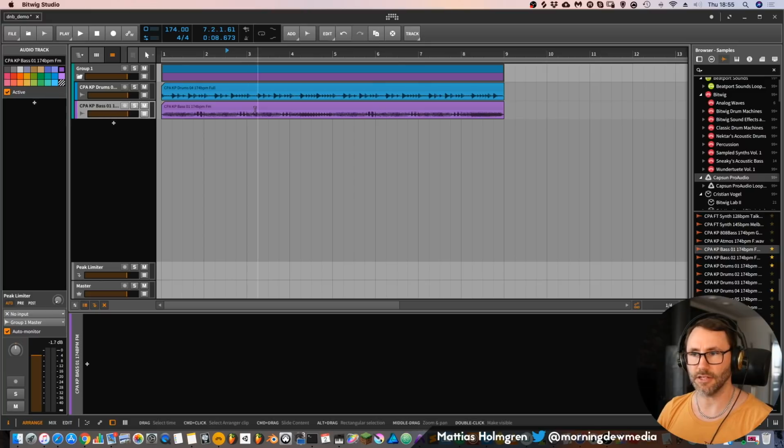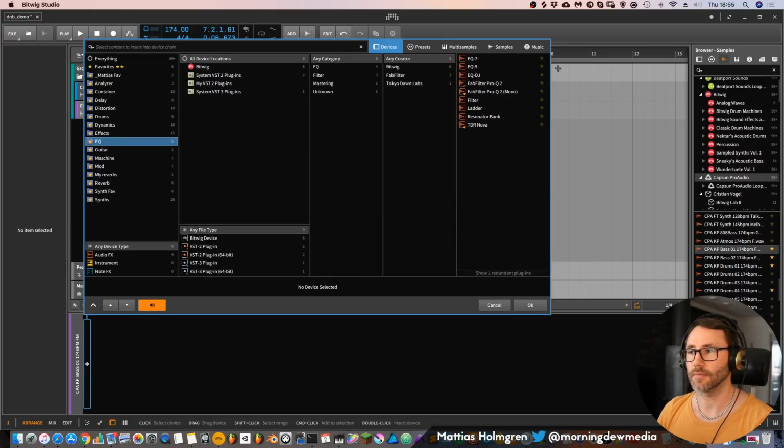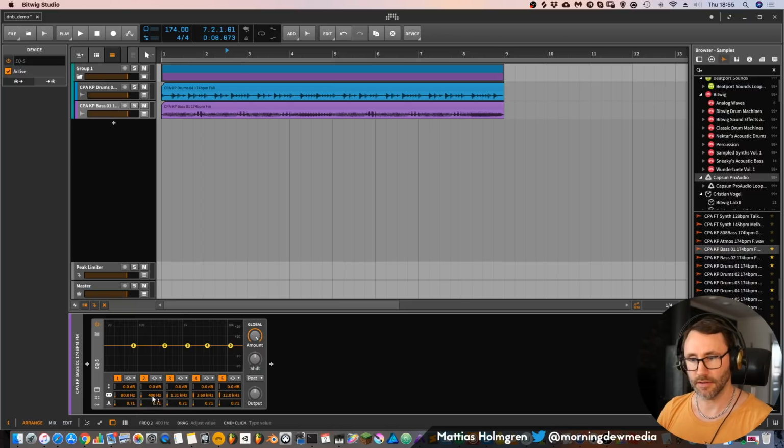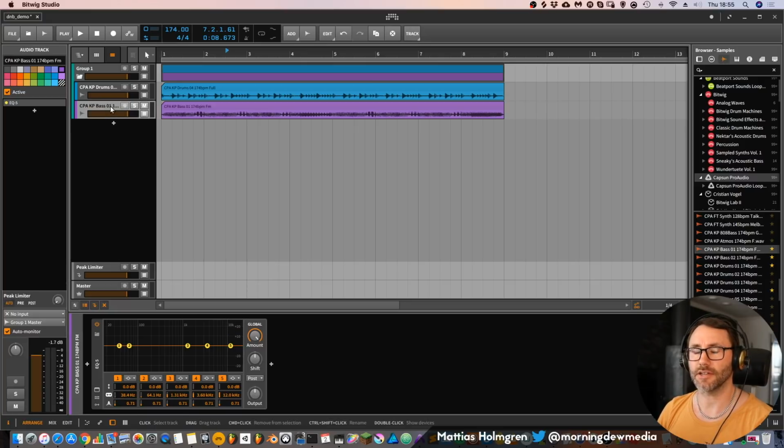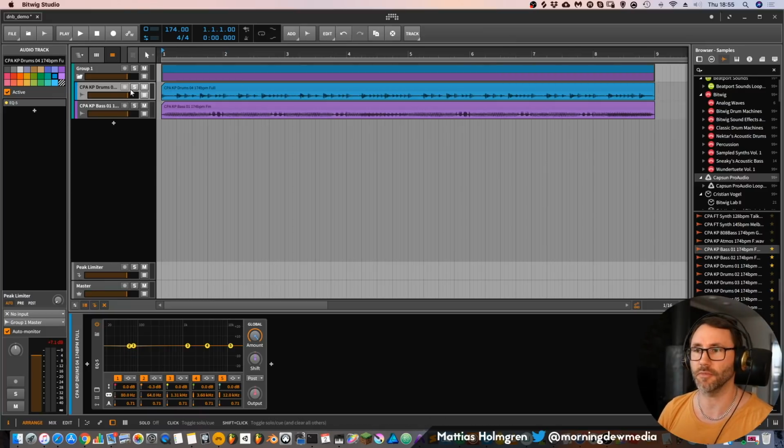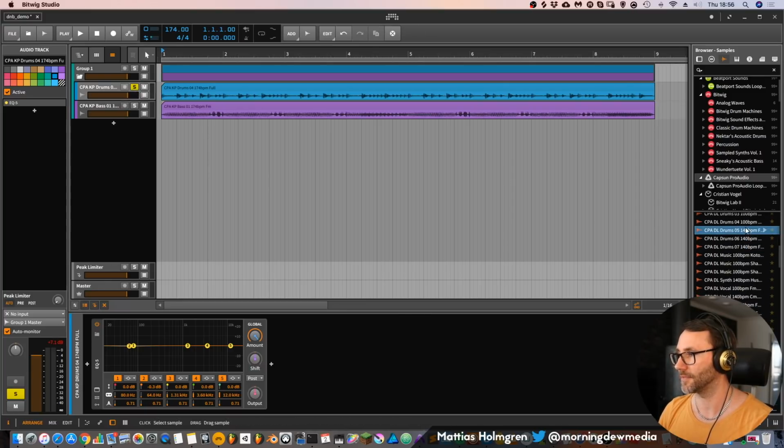So what if we add an EQ to this bass track? Let's add the EQ5, and we drag down this, so we find the point 64 hertz. And now we can actually make this cue point drag down the gain exactly when the kick hits. But since this is a drum loop, we also have kicks, snares, and hi-hats in the same loop. We can actually just listen through this loop and find out where the kick actually hits. And at those points we can add some